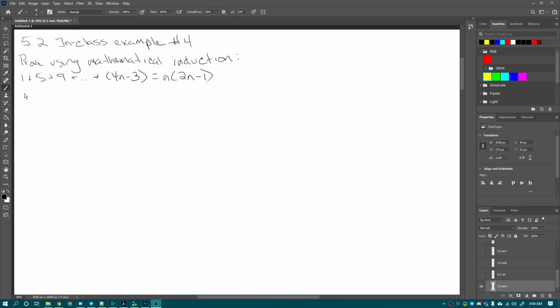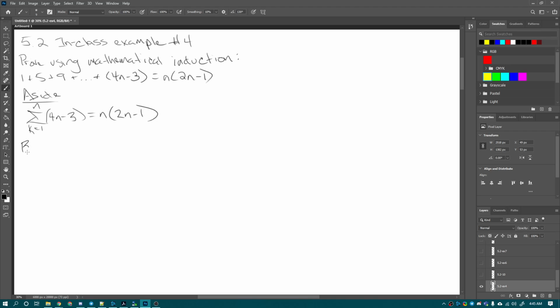Okay, I'm going to start doing it now. As usual, we will start with an aside. And I'm going to rewrite this summation using summation notation. So this is k equals 1 to n of 4n minus 3 is equal to n times 2n minus 1. Okay? Actually, that's really the only thing that we have for the aside, so now I'm going to do my base